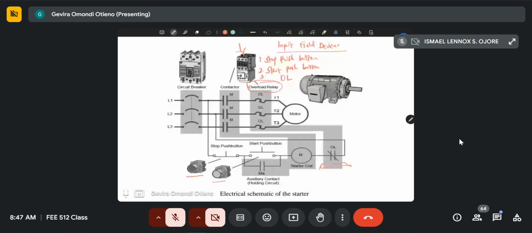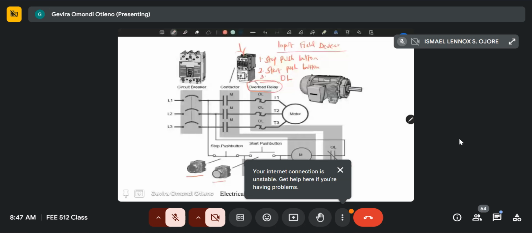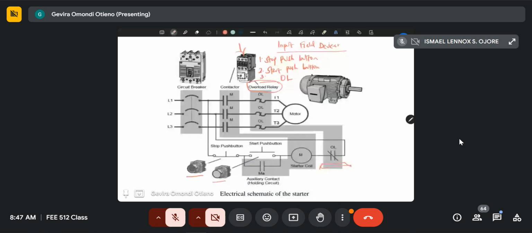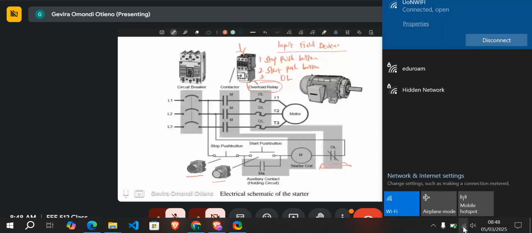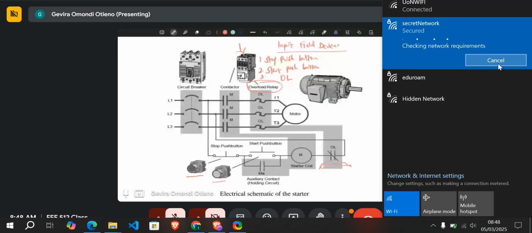And so this motor, definitely to start, they will need to have a starter. So the starter is here. You can see the starter is the one that's actually now connected to the output, because it tells the motor to start. So the starter point is there. So we have identified the output device, which is